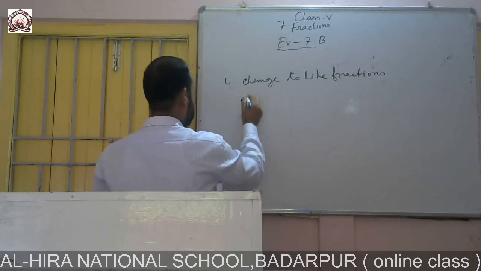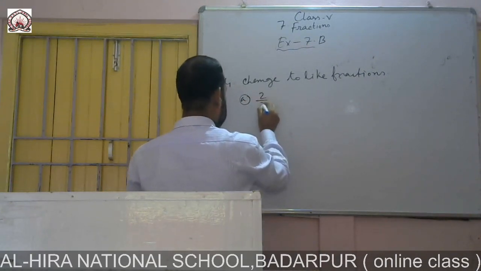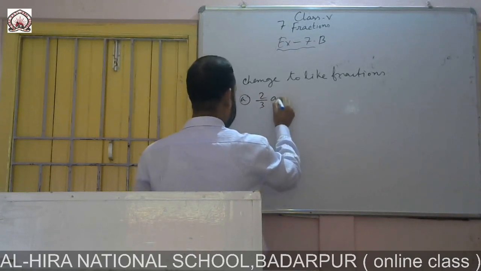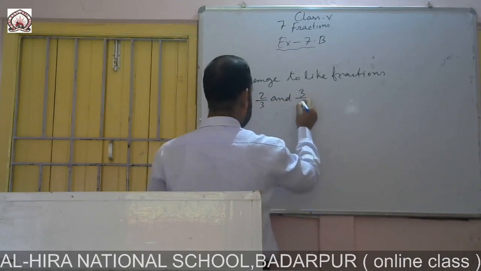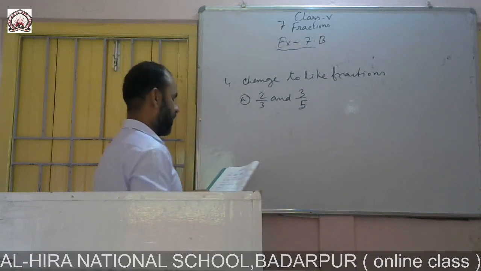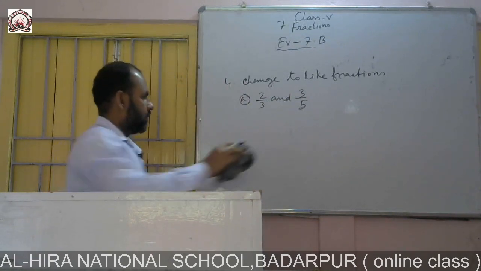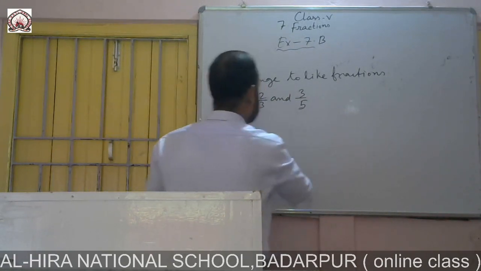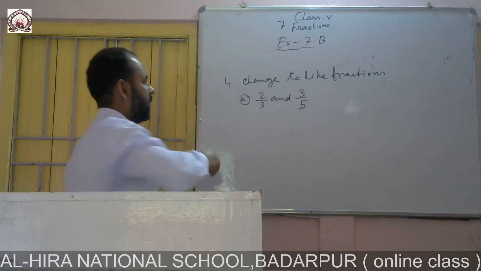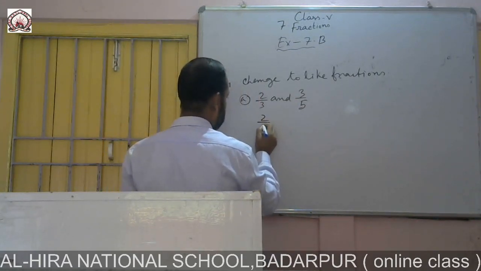Question number A, 2 by 3 and 3 by 5. 2 by 3 and 3 by 5. So how to change like fractions? First we write first fraction